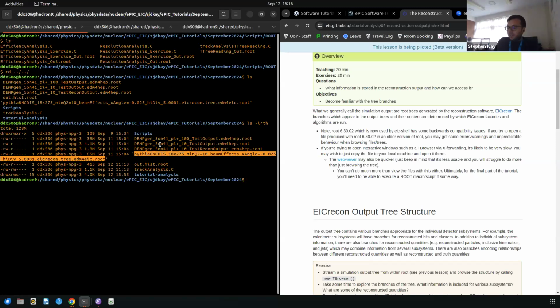So one thing I would say is that if you're curious as to where this particular bit of information has come from, the answer is almost certainly that some algorithm or factory within eIC recon has created it in some way. That's a little bit beyond the scope of this tutorial, but if you want to dive into it, I would highly recommend that once you've had a play around with the file, had a look at it and done some of the rest of this tutorial, take a look at eIC recon